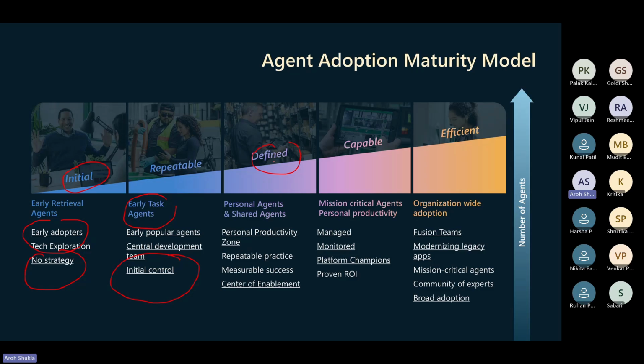Now we want to roll out to India, maybe in Jaipur, maybe 100 users. Then we have to define a center of enablement, with some training for the users. Then we find that we are successful, so we can expand to other countries. Maybe we move to Singapore, then Malaysia, then the Philippines. In that way, we are talking about ROI.